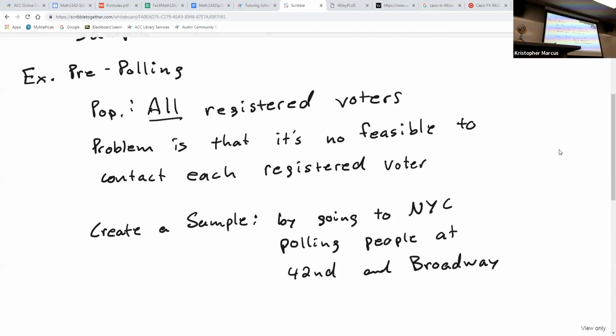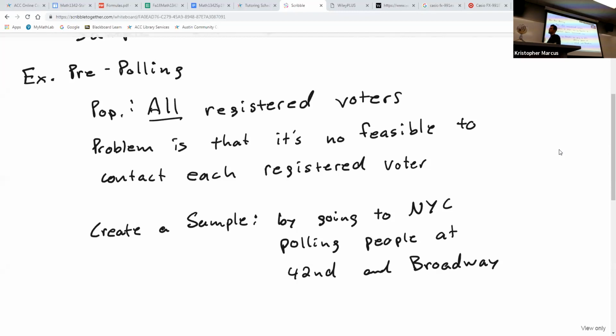There's another problem with this idea of doing it, aside from the fact that it probably isn't going to work very well, and that is this. If you're able to stop somebody and ask them, and they give you an honest answer, is it going to be very representative of the entire population by focusing on the people that are near 42nd and Broadway in New York City? Why not? It's only a small percentage of the whole, I don't know the area very well, but people are gonna vote the same in favor. Yeah, there's an issue with this.